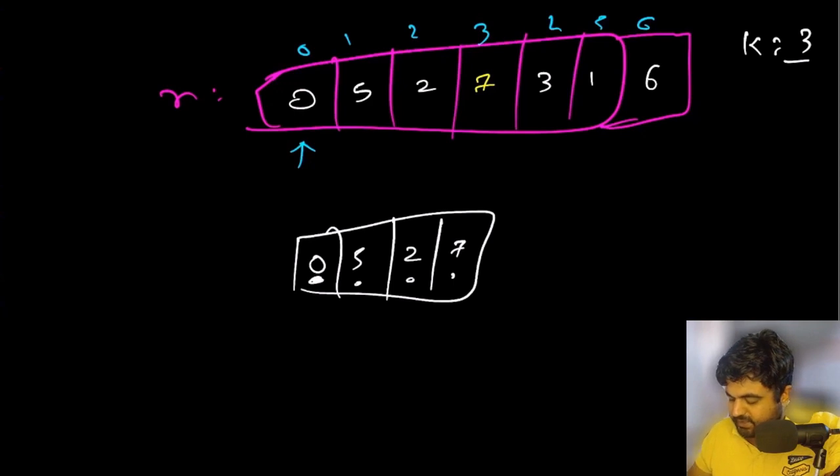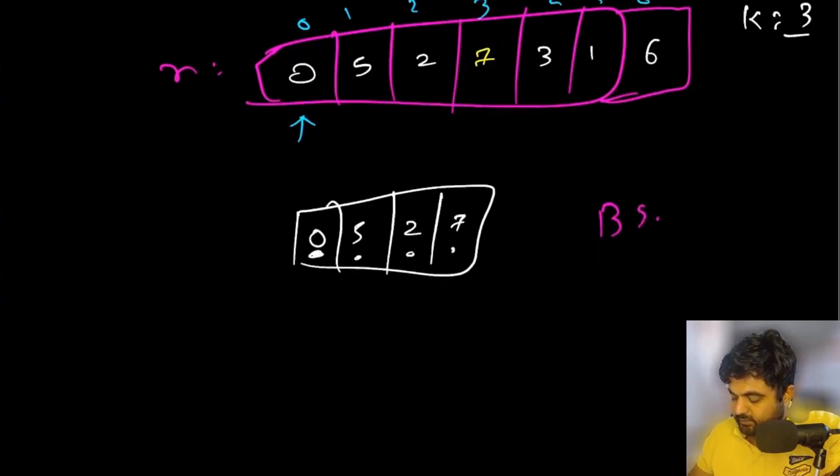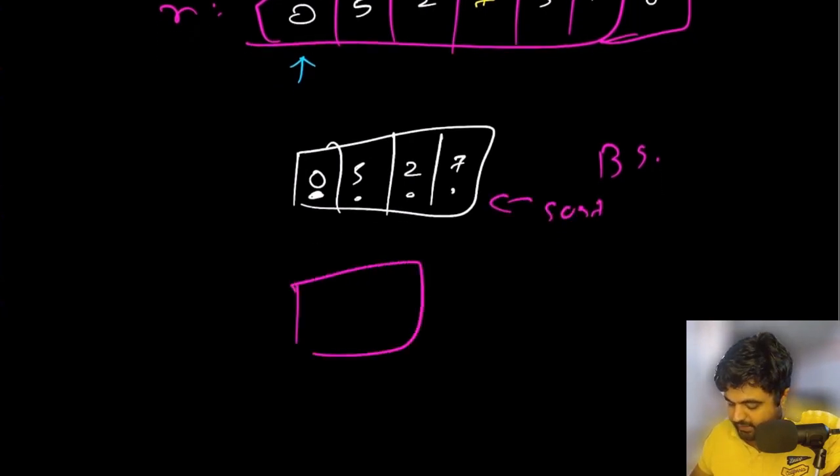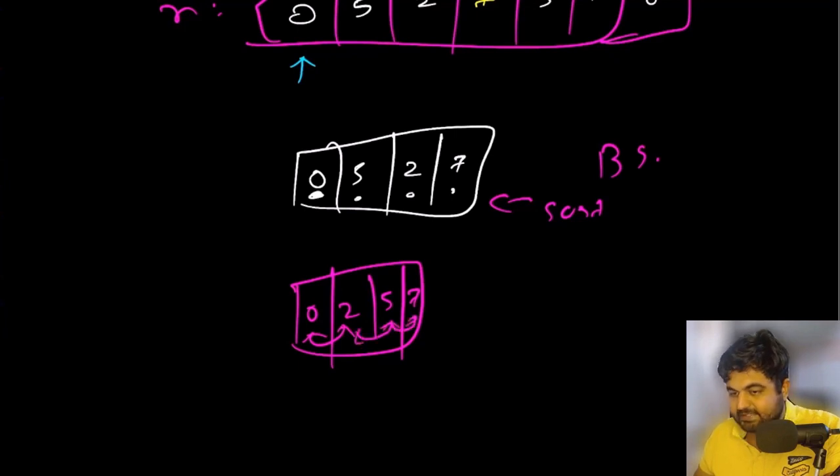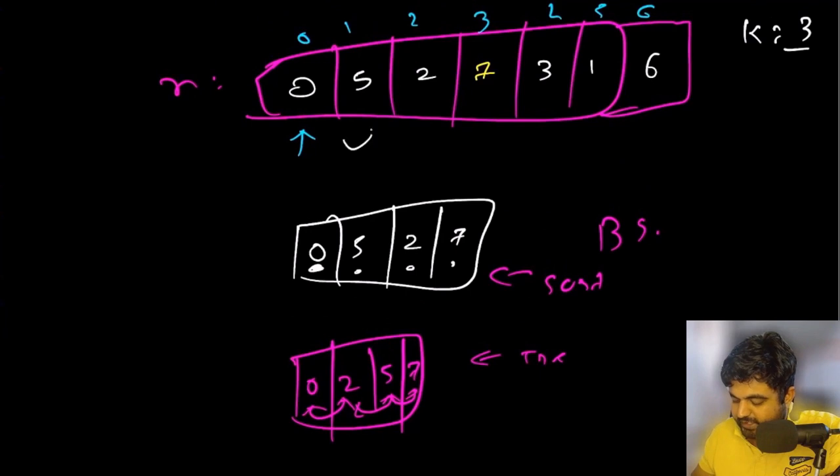First approach is to do binary search. For binary search, we would need to sort this given input. If we sort this input array, the sorted result is going to look like this: 0, 2, 5, and 7. And then all we need to do is check any 2 consecutive values. If we identify back-to-back entries that contain the same value, then we can return true. If not, then we can move on to the next window.